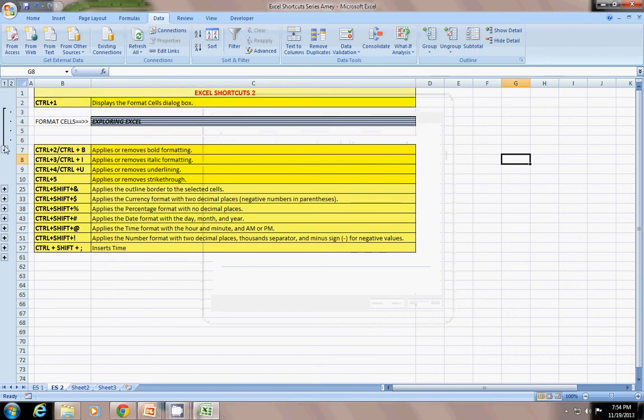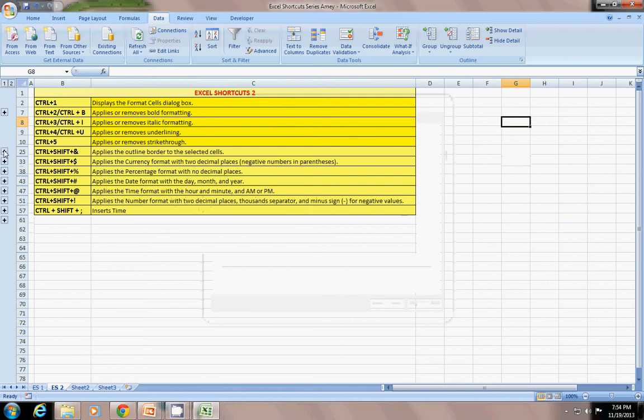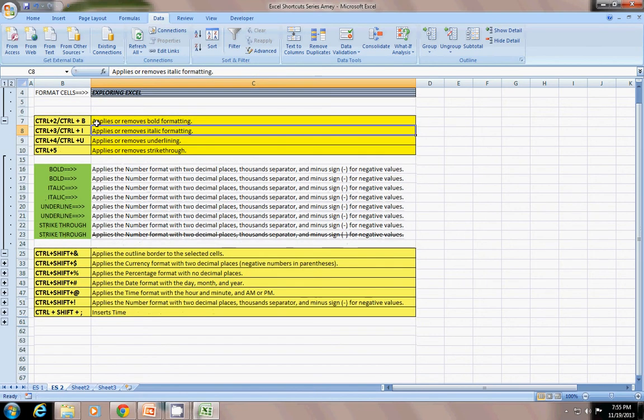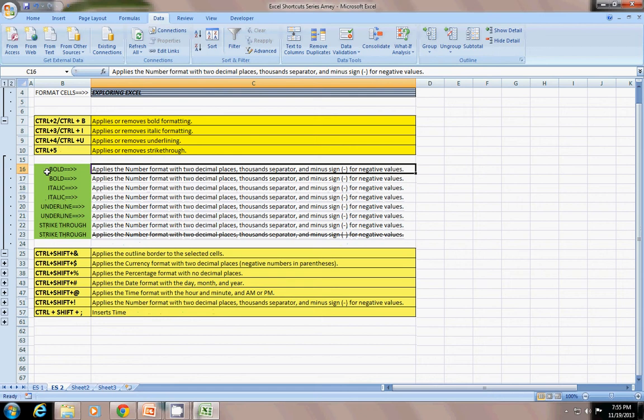Let's move to the next one, that is Control 2, 3, 4 and 5. Control 1 displays the Format Cells dialog box. Then Control 2 applies or removes the bold format. For example, when I press Control 2, it applies the bold format.